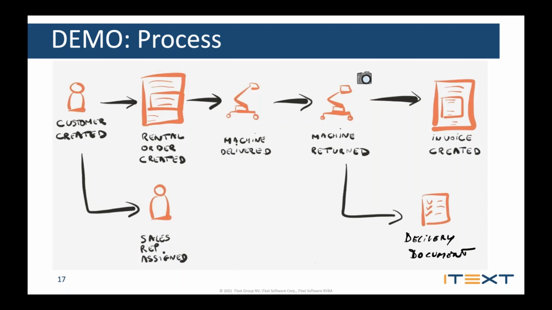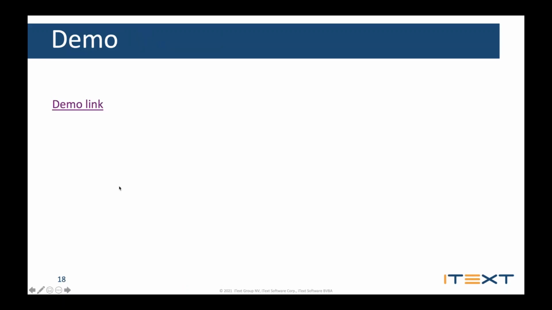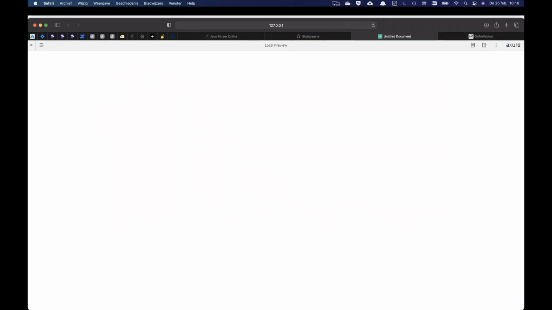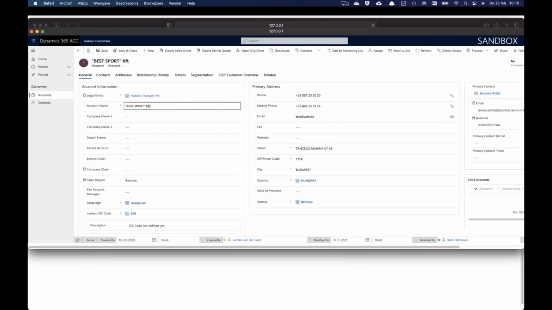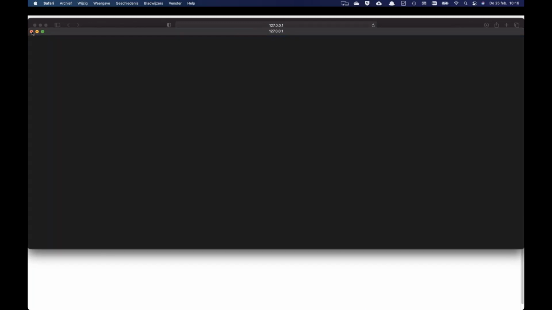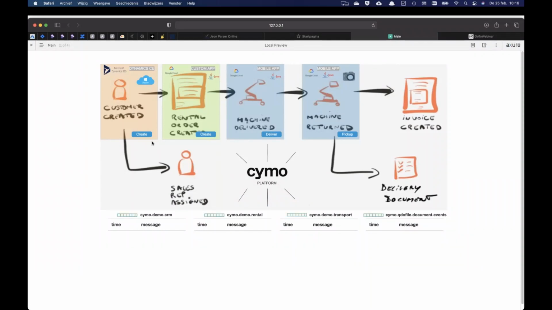Of course, the delivery document needs to be generated, to be emailed to the customer, and of course the invoice needs to be created. And then if all works well, you would need to see the same happy flow, but in a little bit different presentation. So if we look at the customer created here, in the Microsoft Dynamics system, we can create here our customer, classic. If we do that, we will see that the Cymo platform picks that up and puts kind